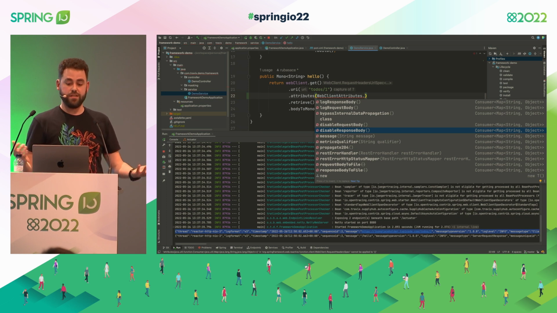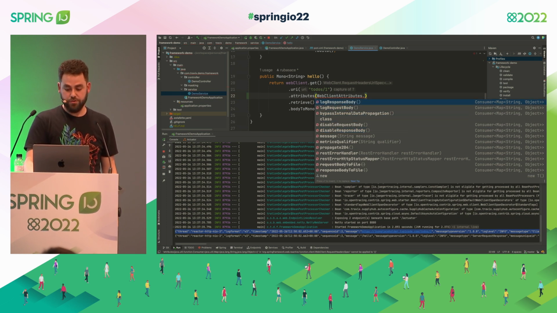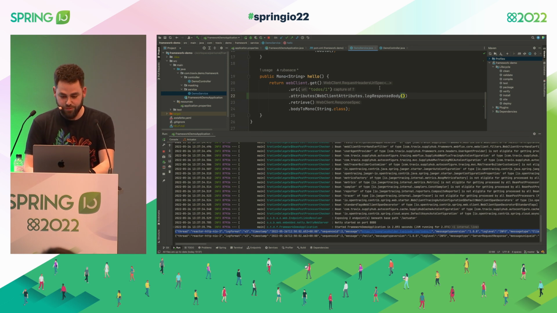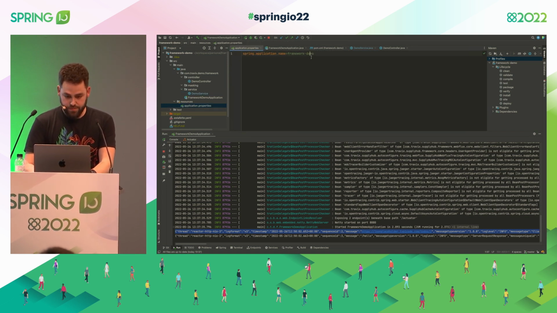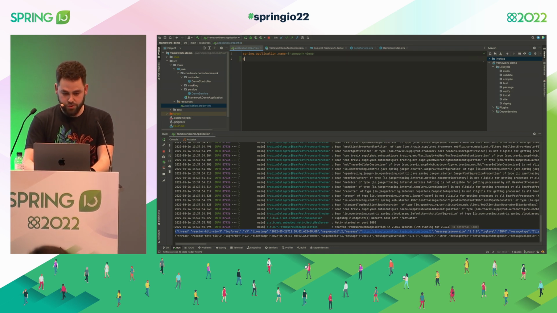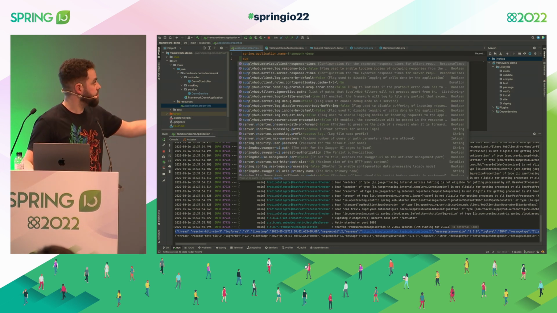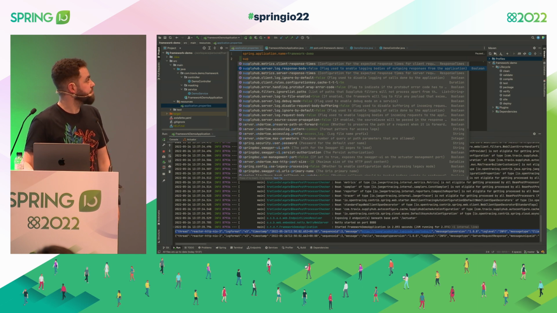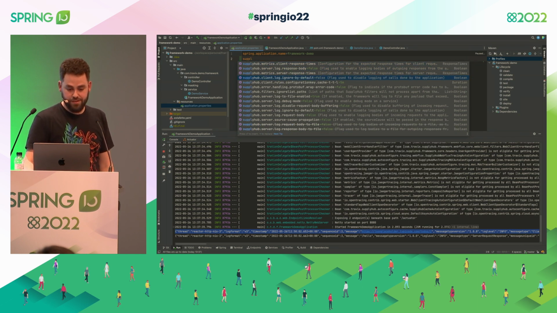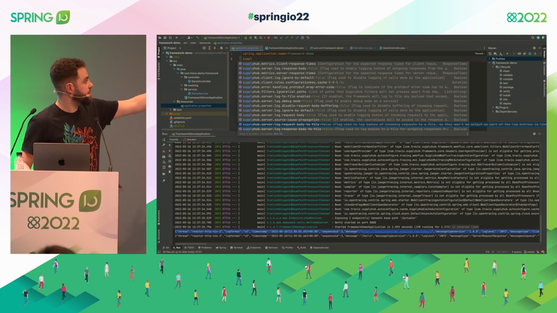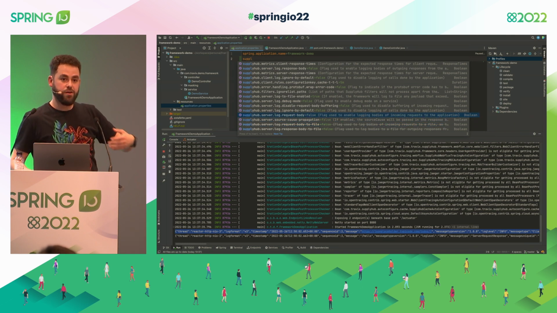Again, just self-documented. Let's say, for example, I want to log the response body, because it's a get, a request body will not be logged anyway. And then from the properties file, we have exactly the same concept. We know our framework is called supply hub in this case, so I have supply hub, and just because I type SUP, automatically I have all the things that I can configure. And there's documentation for each and one of them saying me, okay, what am I doing?